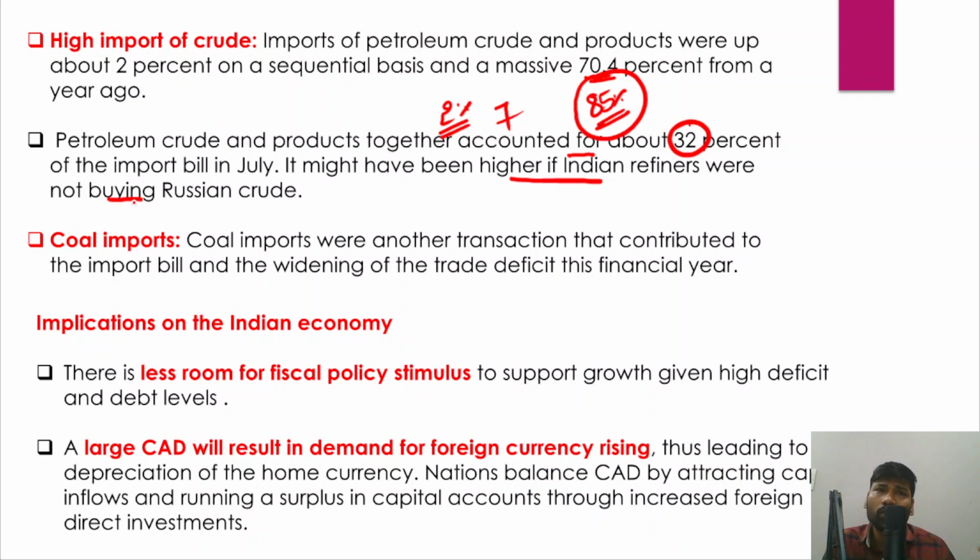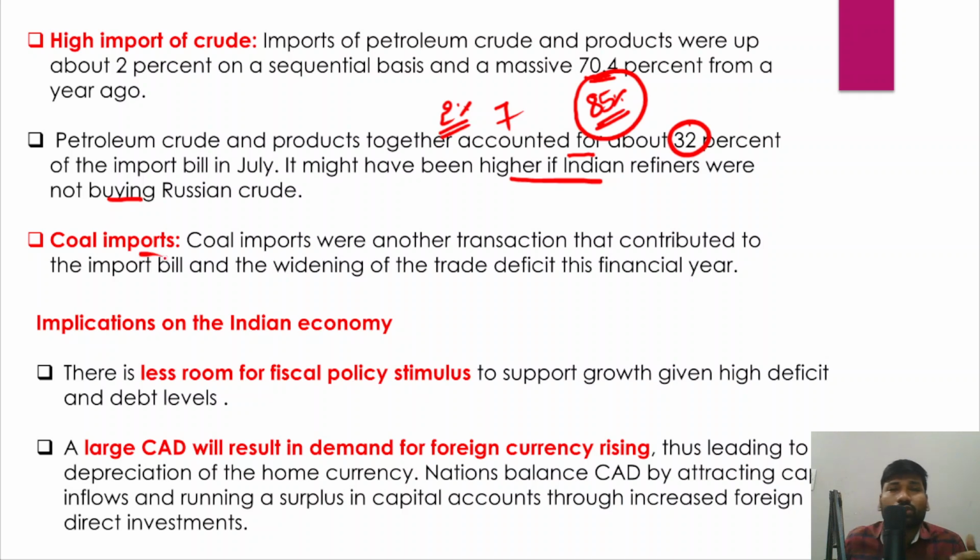Okay, so when you are importing crude oil from other countries, because India is one of the fastest growing major economies, an emerging economy, you require a lot of crude oil to sustain your economic growth and development. Since India depends a lot on foreign countries, when you are importing crude oil, you need to pay a higher amount of forex reserves for sourcing it, right? That is also another major factor that could deepen or further widen the trade deficit or current account deficit.